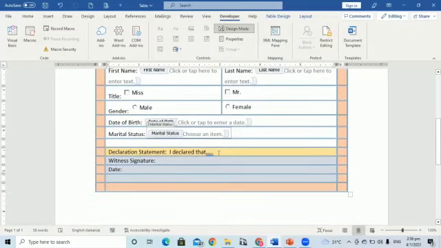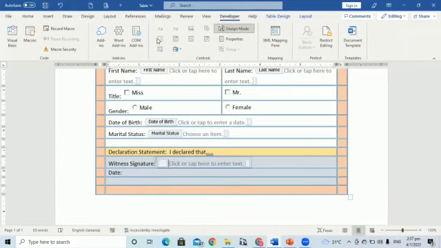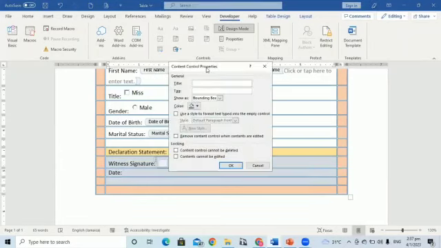Next, we have our declaration statement, and this statement is indicating that whatever we put in our table is factual data. So we can start off by saying, I declare that the information supplied in this form is accurate. Next, we have our witness signature. We go to Developer, and then we select Rich Text Content. Properties, we place our title in,